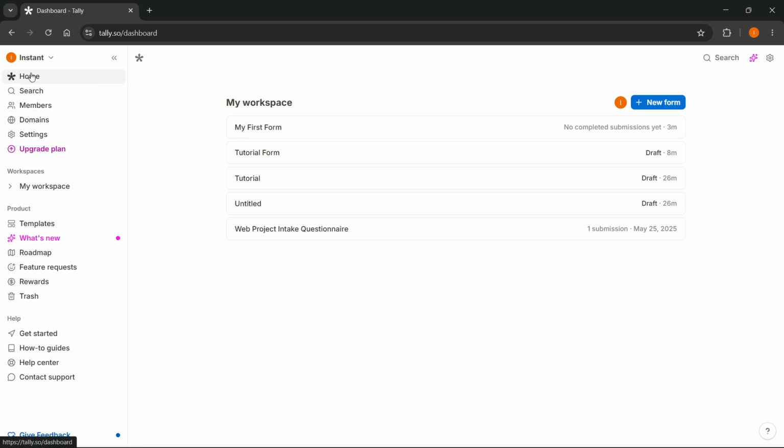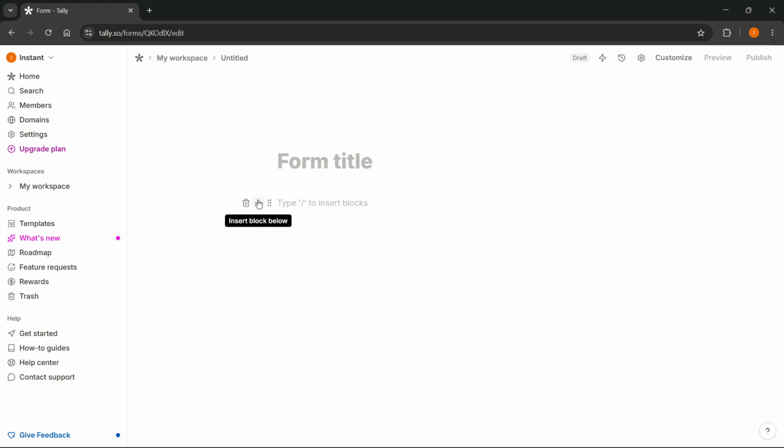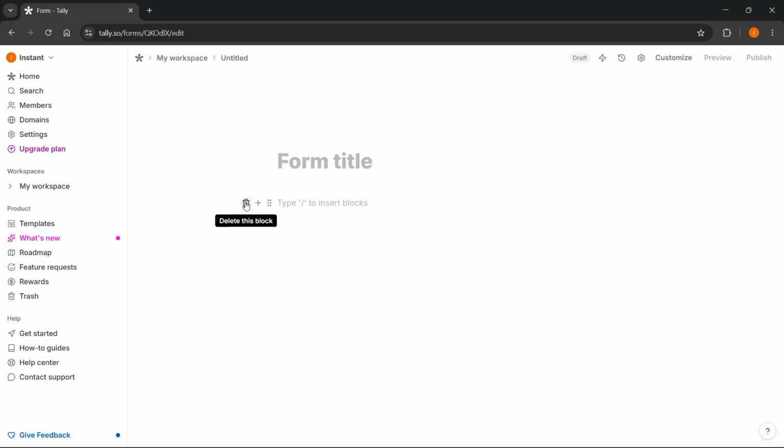So if you click on the home button top left and click on new form over here, it's going to give you an option to start from scratch like this with a click of this button. And then you can just go ahead and start adding these blocks to actually create a form or an order form yourself. And of course, if you want to know how to do this, I do have a separate video showing you exactly how to create forms and how to use Tally, so you can go and watch